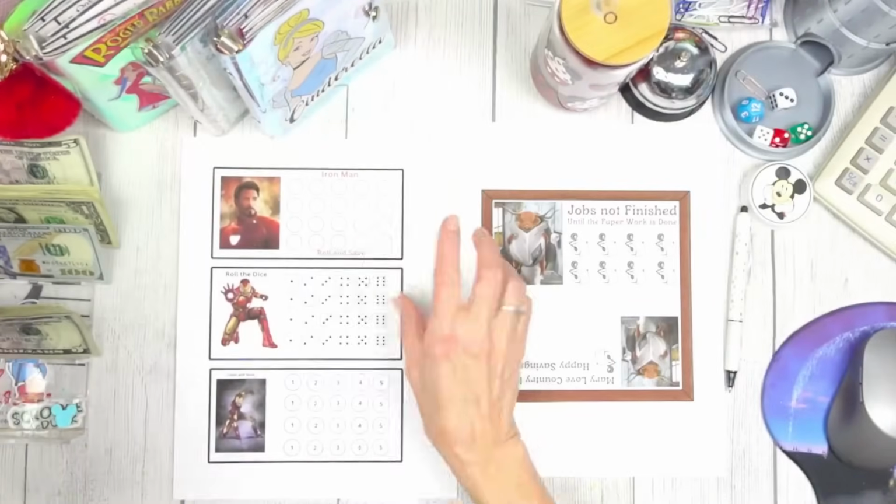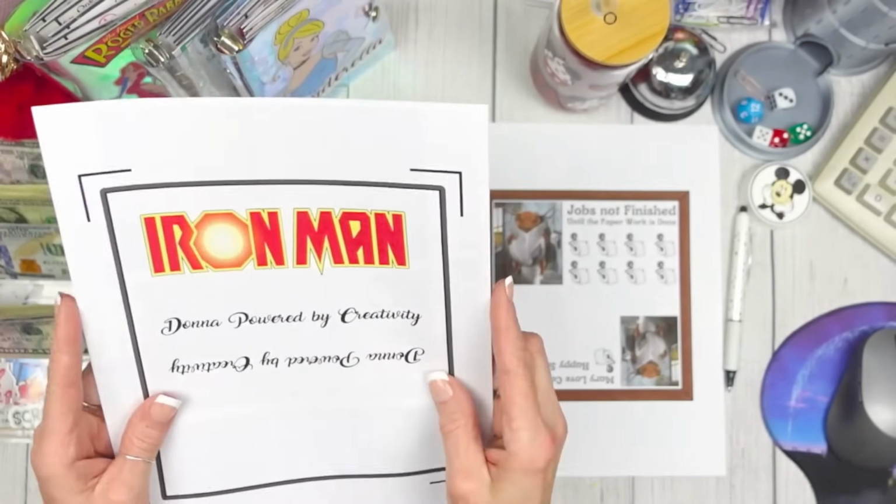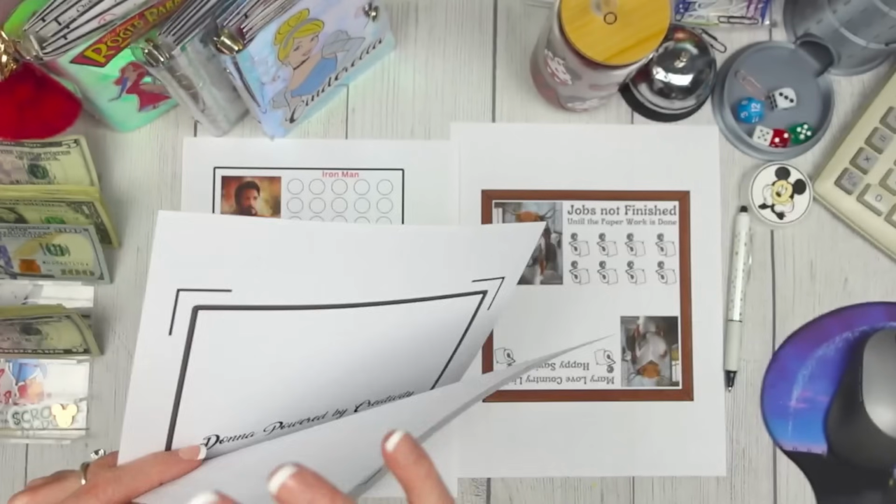Okay, now this did not come with an envelope, so I just made an envelope so that I can keep the challenges inside those envelopes. Now the next set of gifts,